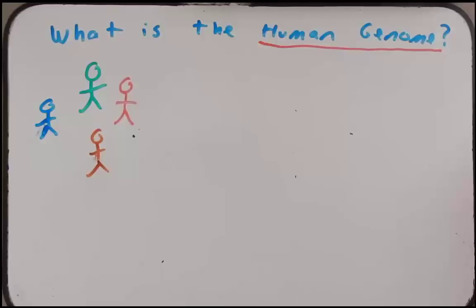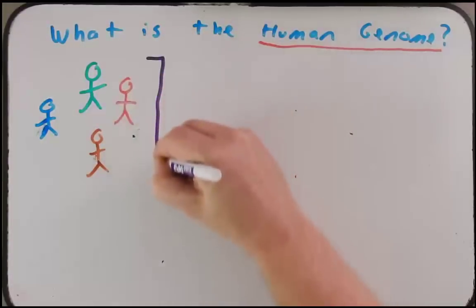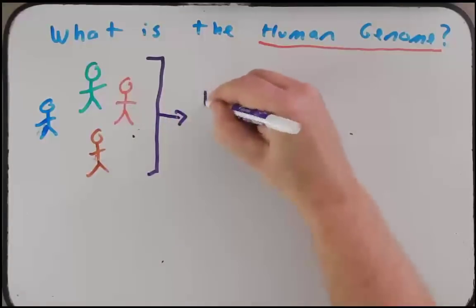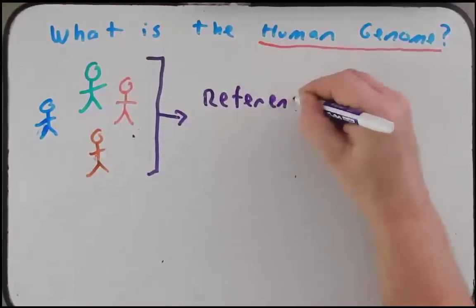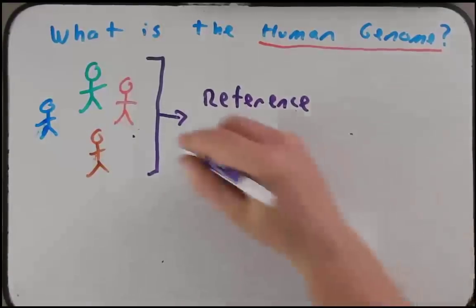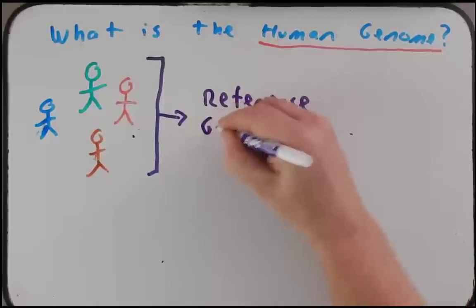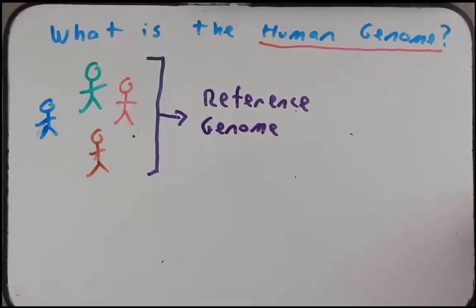A small problem with that is that on this earth, we likely have a billion or more different human genomes that differ slightly in some instances and maybe largely in other instances. So we have come to call this human genome, coming from a relatively small number of individuals, a reference genome. This is true with genomes sequenced in other organisms as well, but we're just talking about humans now. A reference genome doesn't mean it's the most common genome. It doesn't mean it reflects every human being on this earth currently or in the past. It means it's a reference for us humans.